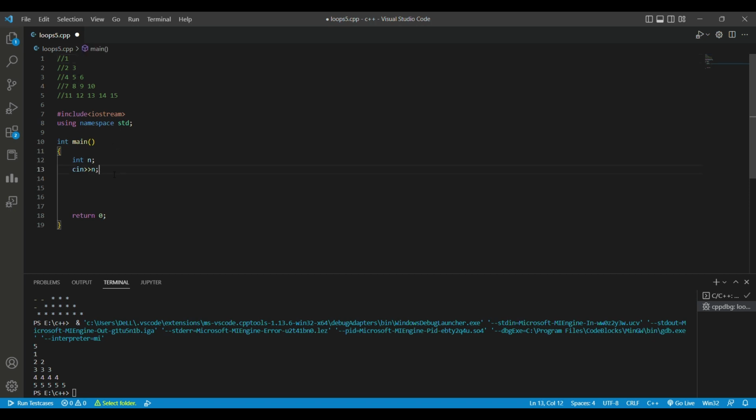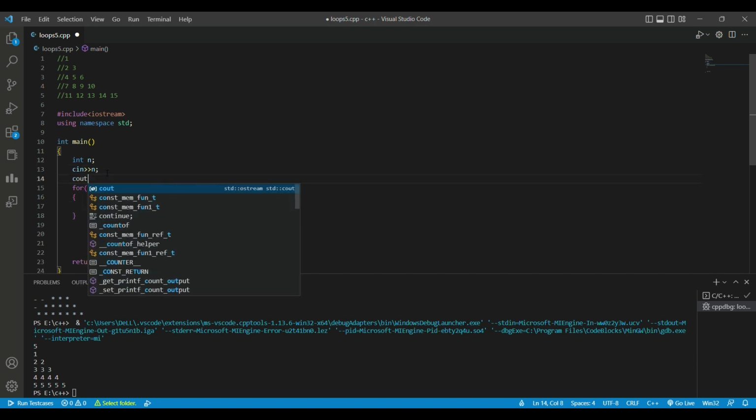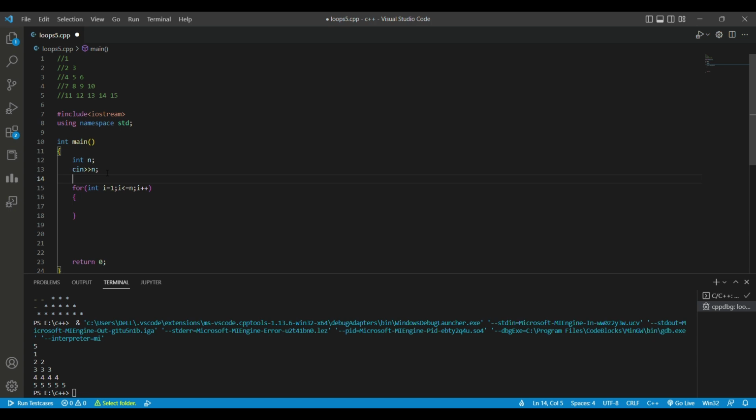So what we are doing here, first we always call our row loop which goes from 1 to n and is incremented by 1 every time. In this we take a count variable which counts the number every time, and it is initialized by 1. Next we have a for loop